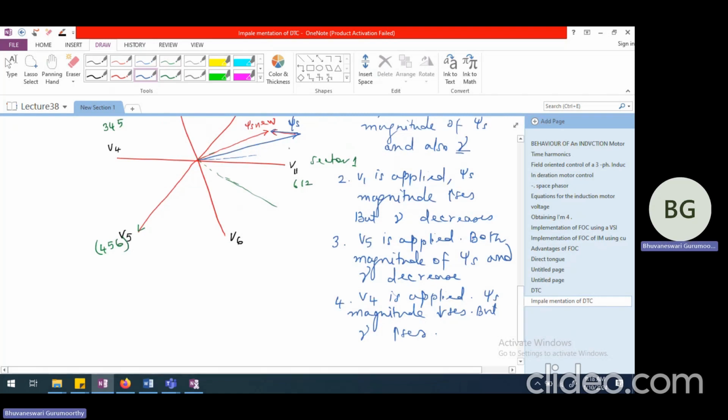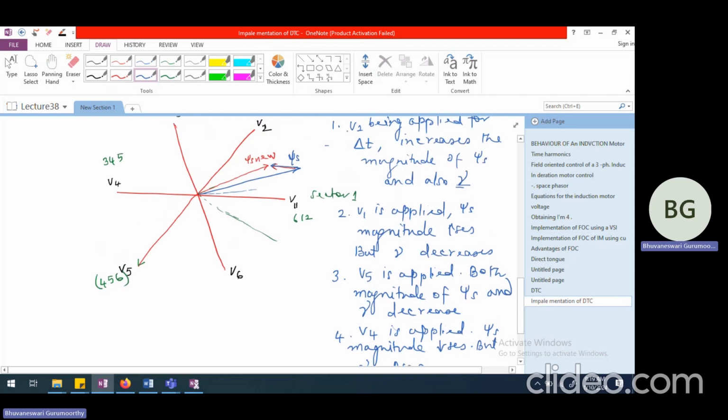So when V1, that is the flux, is in sector 1 position, applying 4 different voltages, applying V2 is